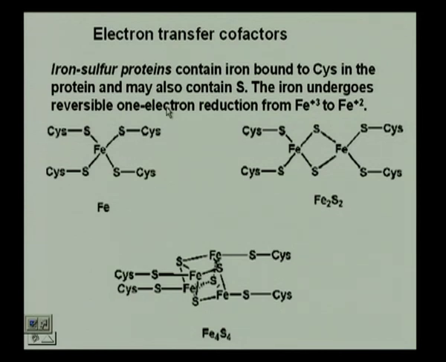Now, we also have certain proteins that can act as electron transfer cofactors. Okay. These are mainly iron sulfur proteins, they are just written as FeS proteins. They contain an iron bound to the cysteine in the protein, and they may also contain an additional sulfur. Okay. For example, if we look at this Fe, we have the Fe coordinated to cysteine residues in the protein, forming what are known as iron sulfur proteins that also play a major part in electron transfer, because they